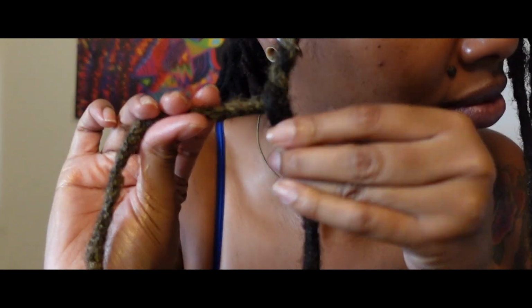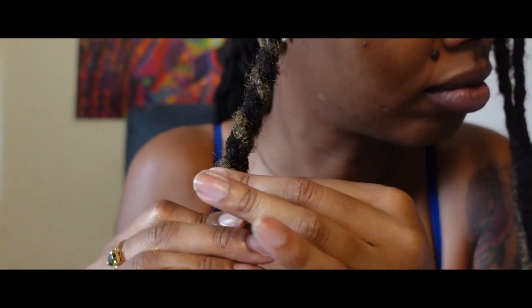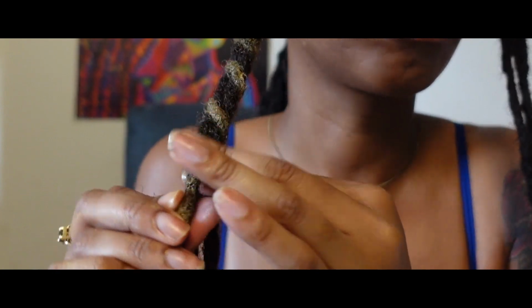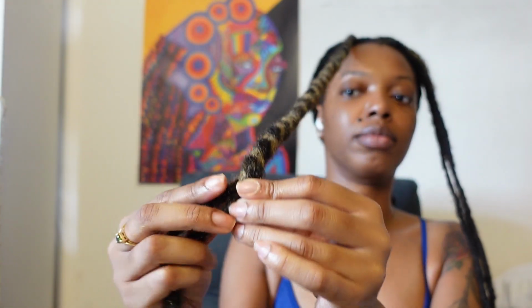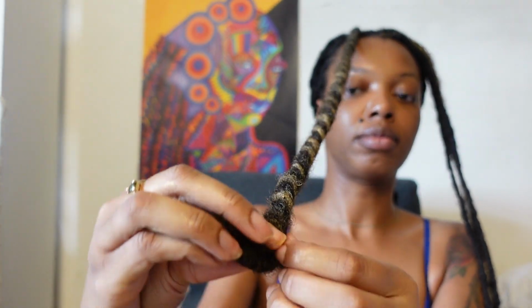This is the type of twist that I'm most accustomed to doing as far as the method. I usually do it with maybe 4 locks or even 6 locks. But here I'm doing with 3. Say we were doing twists with 4 locks per twist, but depending on how many locks we have in our head, sometimes we just have to make it work with however many locks we have left. With doing this method, however, when you start off with even locks, you will end up with 1 really short lock. So the gold lock ended up being really short because it's being wrapped around 2 locks. So I had to wrap the rest of the locks around the end to create a knot to seal it